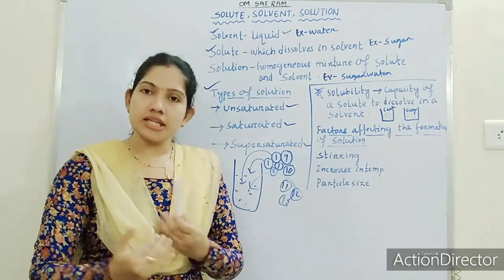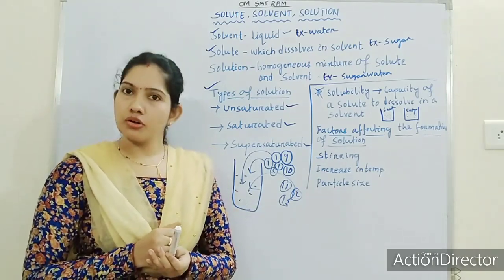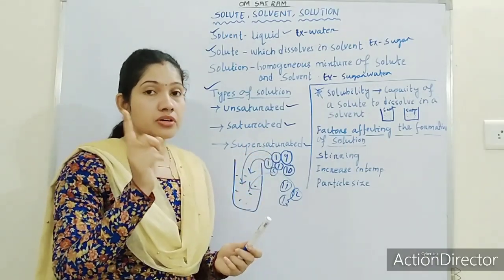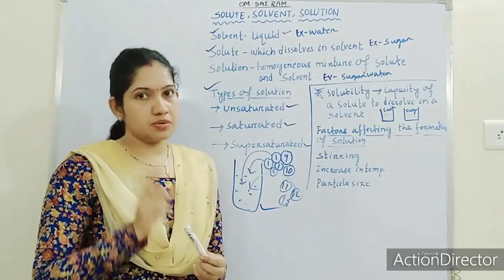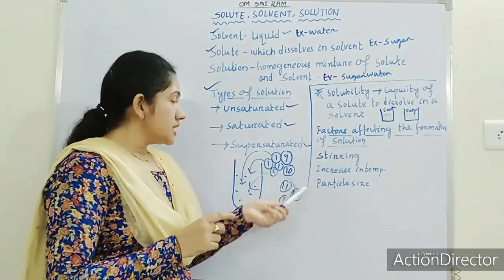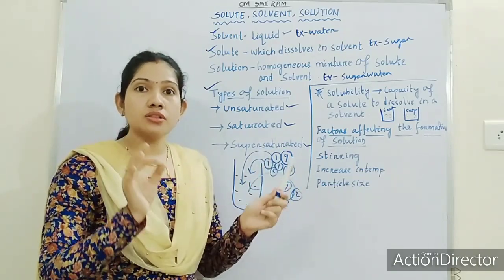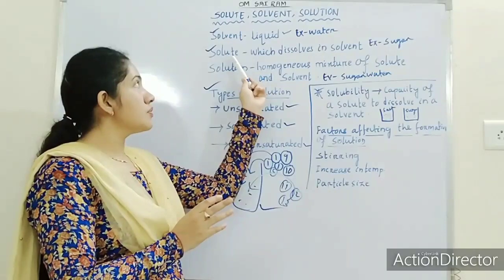Okay, if you will change the temperature. Got it? So these are the three types of solution. Don't forget to conduct this experiment. Okay? So these are the types of solution basing on the capacity of dissolving, basing on the capacity of solute